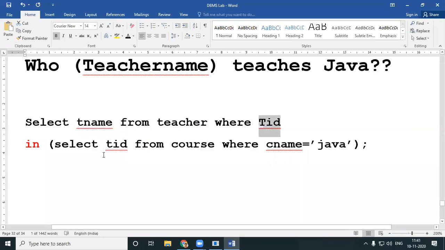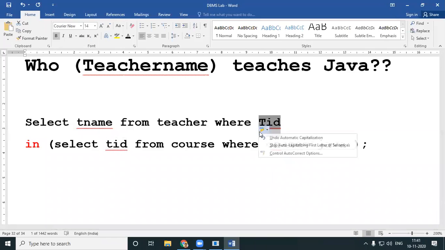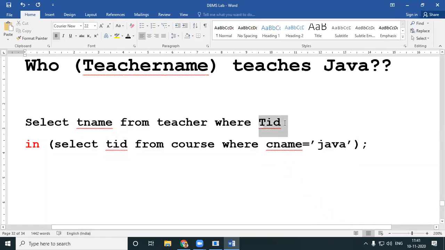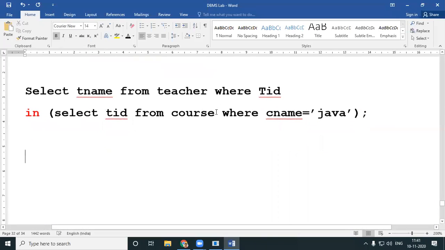You cannot give any other key over here. It should be the foreign key. Here it will be the primary key in your outer query, and inside your inner query it will be the foreign key. We'll see it with the help of the next example.